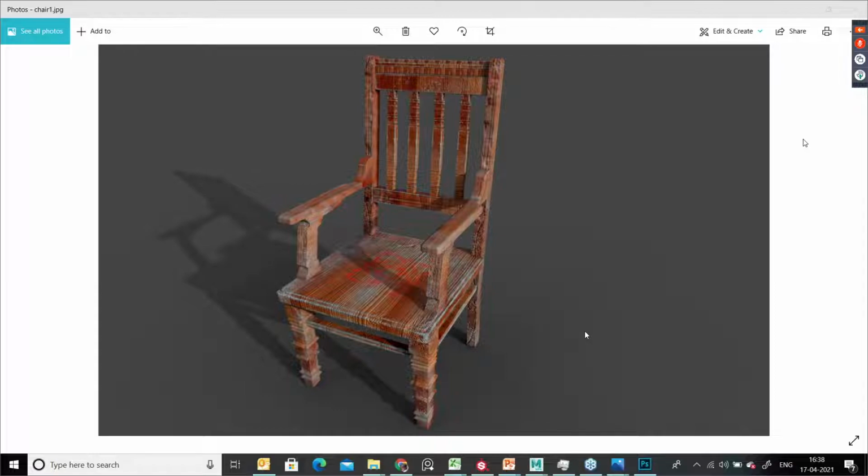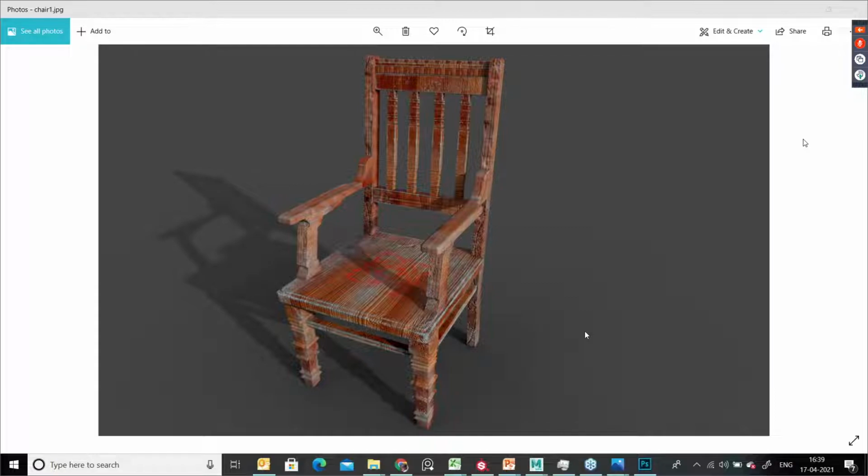Why use Photoshop? See, basically when you are taking any render output from software like Maya or 3ds Max, the gamma value won't be exactly like real. So suppose you render it in the software and open it as a JPEG image, you can see some difference between the output and the real.